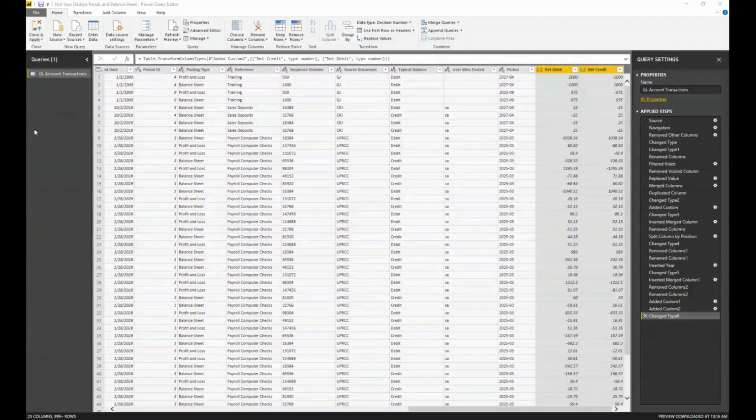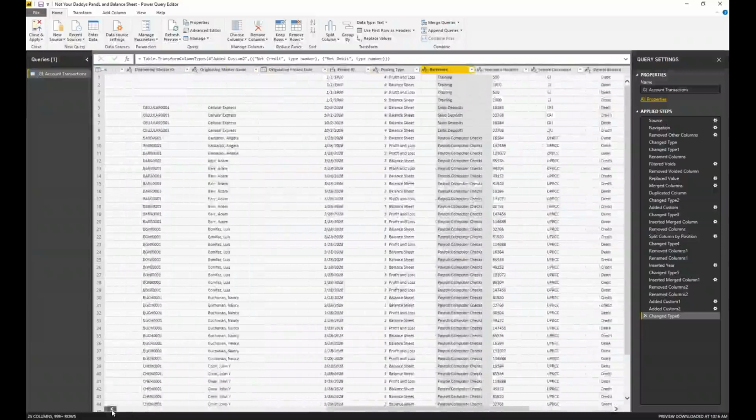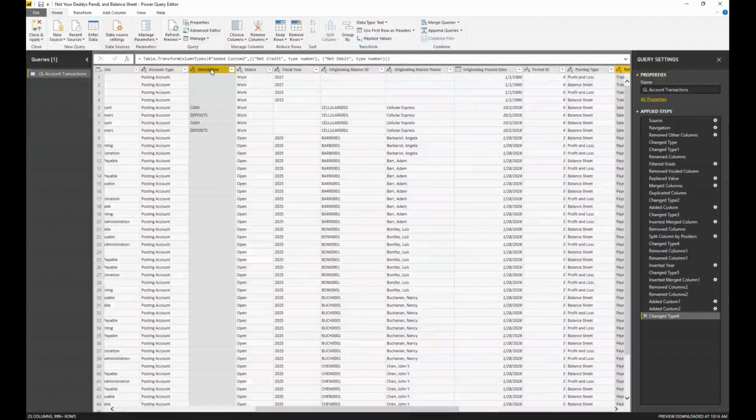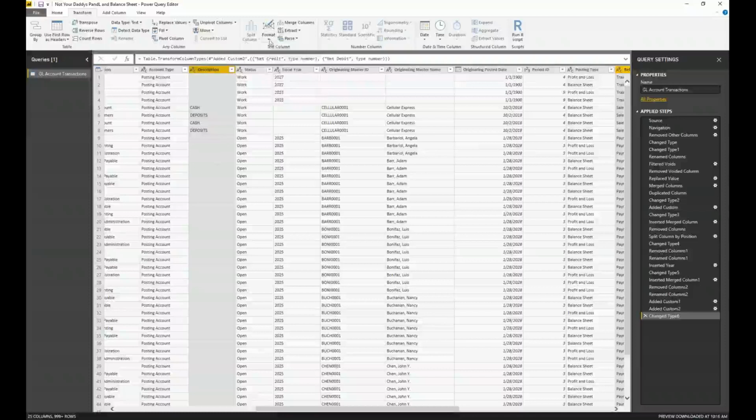All right, so now what I want to do, we have this reference field here, and I also brought in this description field, which is a little more information on the journal entries. First thing I'm going to do is trim those up. You could go to Transform and then Format and Trim, or just right mouse click and Transform and Trim. And that gets all the blank spaces off at the end.